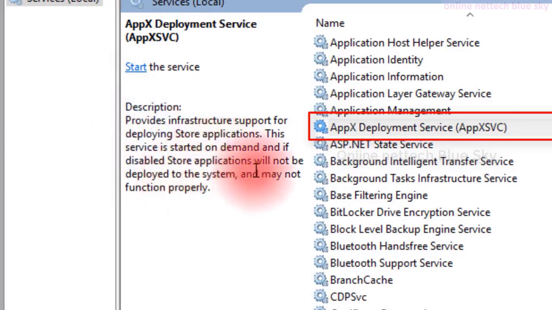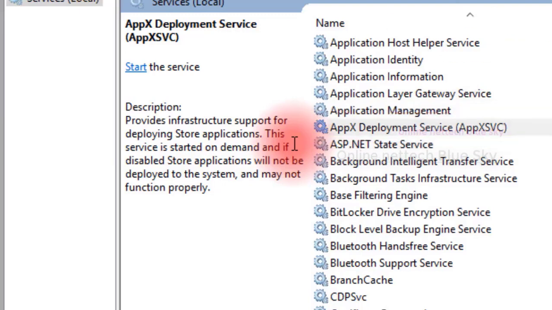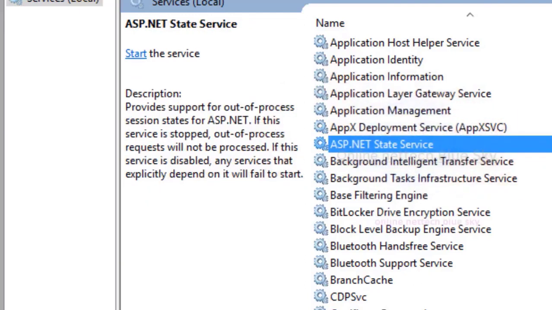You can see it provides infrastructure and support for deploying Store applications, and these services start on demand. If you disable them, Store applications will not be deployed and started, and your system will not function properly. So this service is very important and works with your applications.